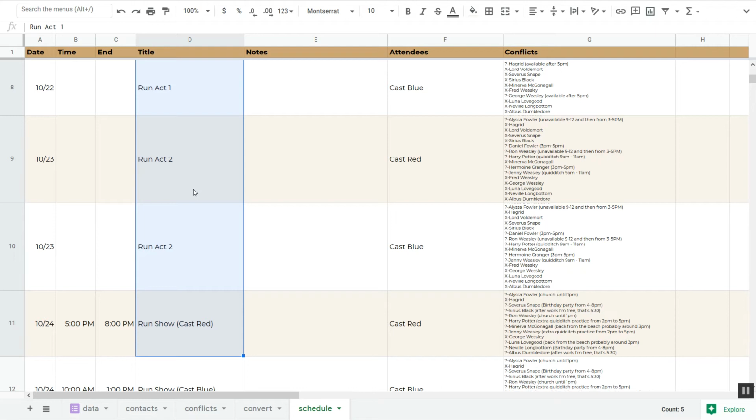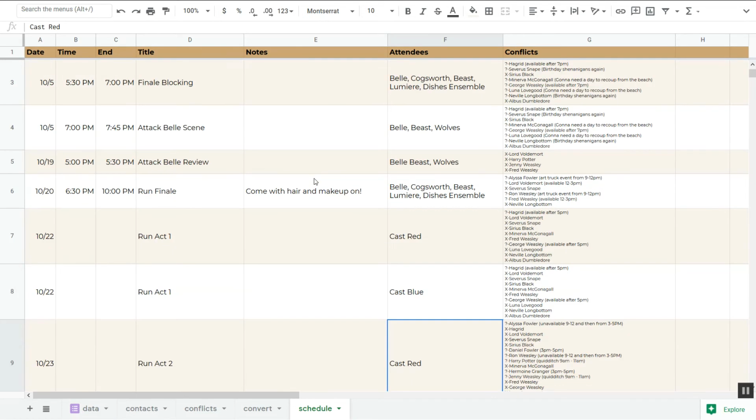And so again, it's pretty much fixed in stone. You know you're going to need those review rehearsals and those run the show rehearsals, so you can put those on the schedule without really, conflicts aren't going to influence the fact that you need those schedules. It might influence whether you call red cast or blue cast, but ultimately you're working with calling everybody to those